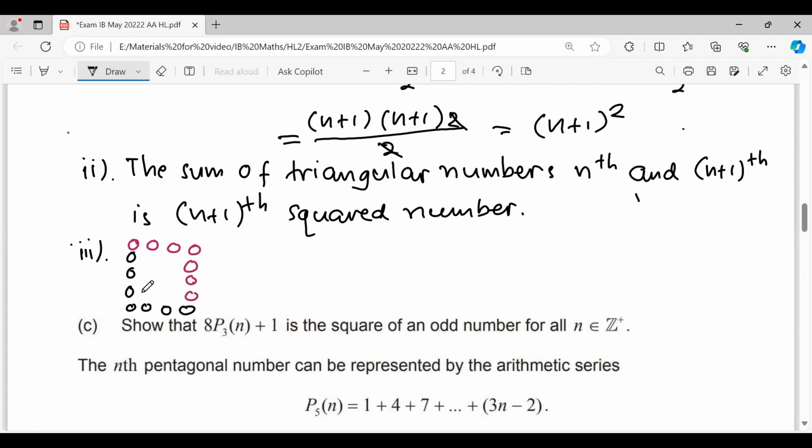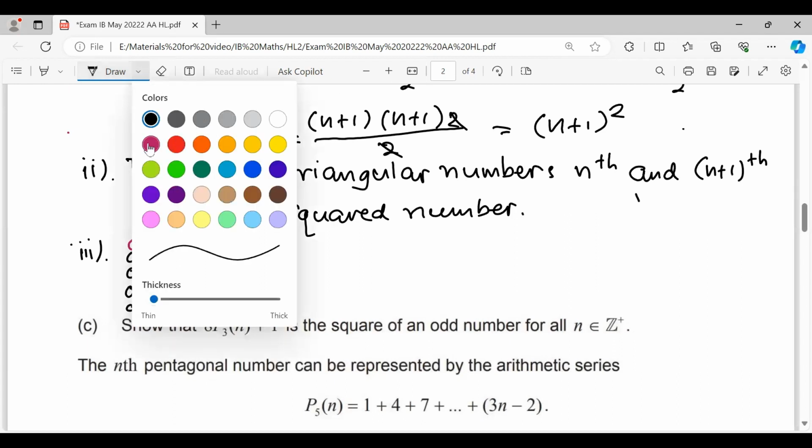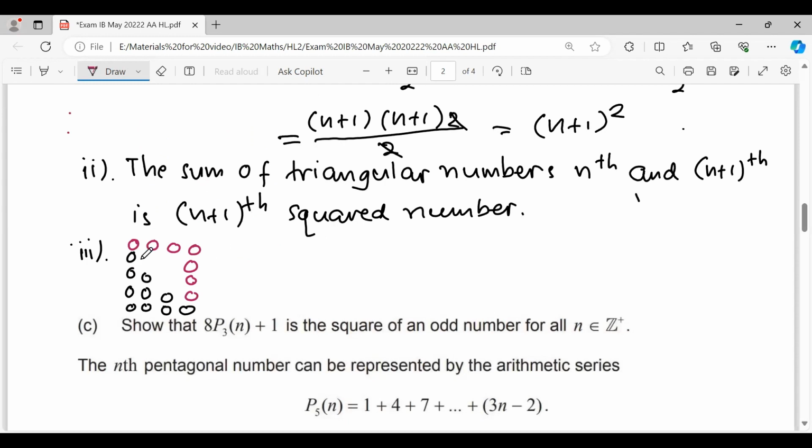Okay, so it will be this 1, 2, 3, then 1, 2 like this. After that, it will be like this 2. Yeah, yeah, 25. Okay,